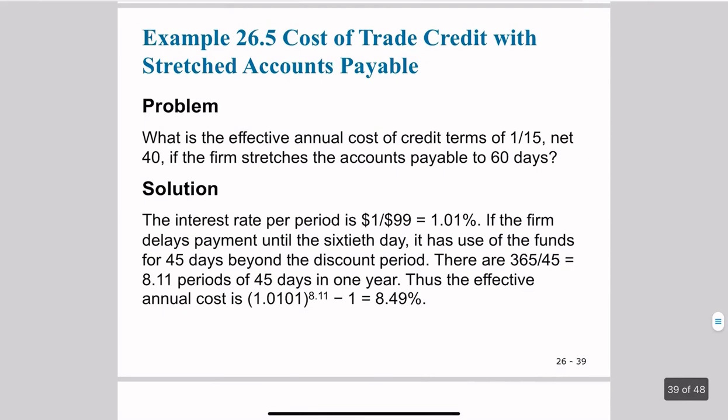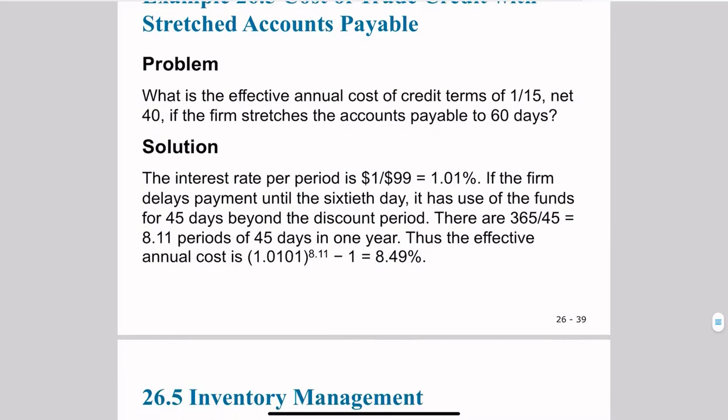Okay, let's see this simple example. What is the effective annual cost of credit terms of 1/15 net 40 if the firm stretches the accounts payable to 60 days? So first, why does the firm want to stretch the accounts payable? Well, because you will see that the firm will actually have a lower interest rate. Okay, so let's say it's 1/15 net 40. If the firm decides to stretch the accounts payable to 60 days, then